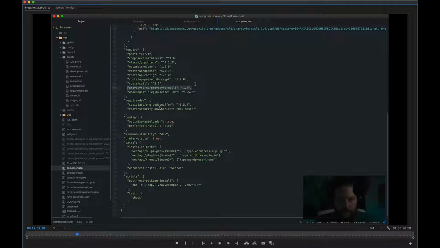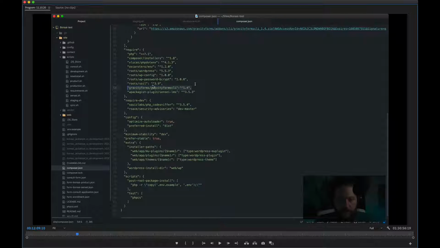And the management just becomes a problem because it's a paid project. You have to have a license, which means you have to have it in a private repository. Nobody's going to really host it for you and keep it updated. And even as you'll see up here, this is my URL for the Gravity Forms CLI plugin. That's coming directly from Gravity Forms. That's their URL, and I'm able to find that. The problem is it changes pretty often, so that's not ideal,